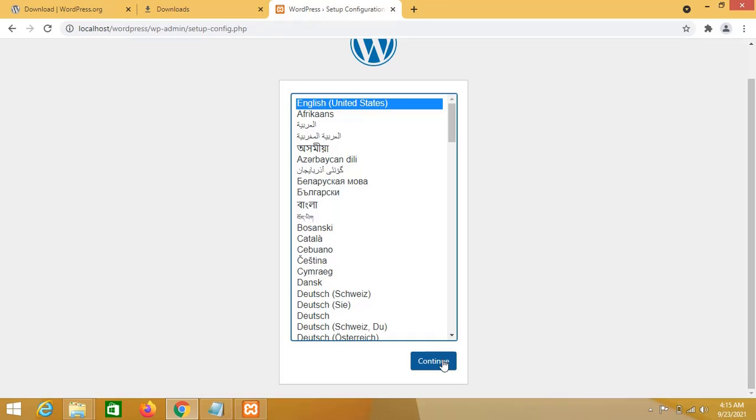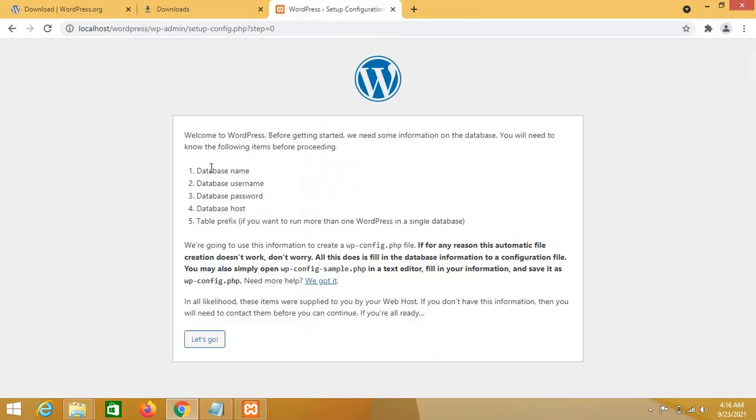Now click continue. By default we have selected English, United States. Leave it as it is and click on continue. And click on let's go.